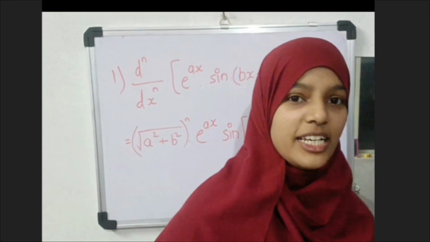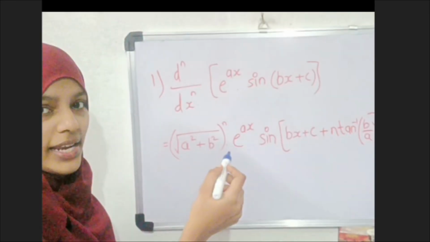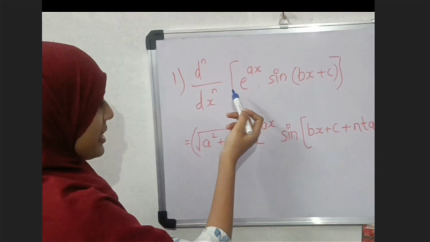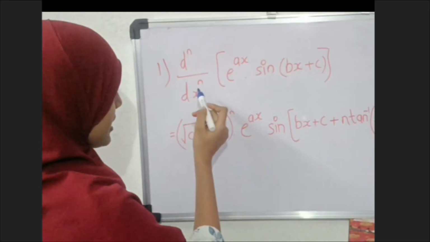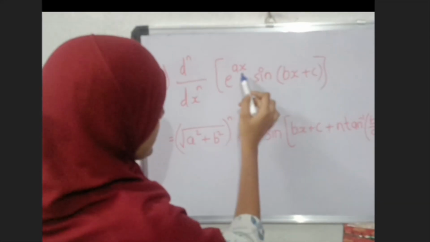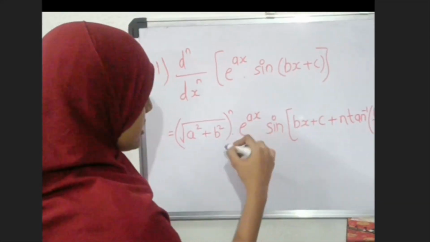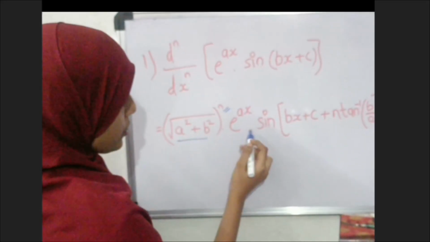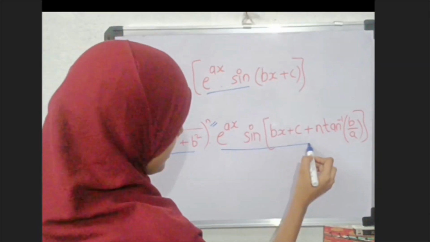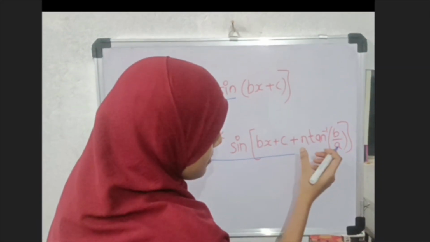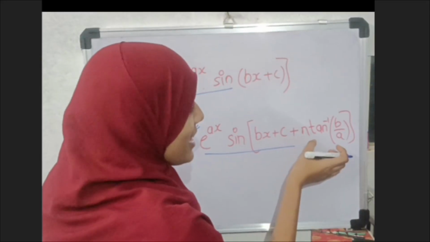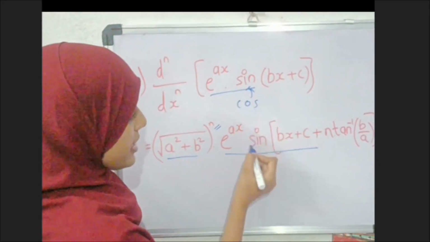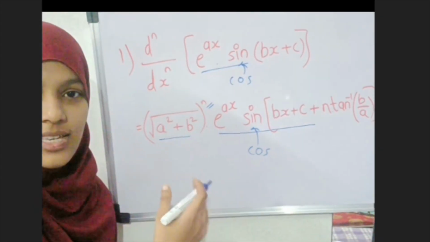So let's move towards our next short trick. Here, if we have to find any power of any degree of derivative, that is d2y by dx square or d3y by dx cube or anything, and n can be anything, so the function is like e raised to ax into sine of (bx plus c). So the answer will be (under root a square plus b square) whole to the power of n into e raised to ax, that is same until here, and we have to just multiply it by n. We have to add n into tan inverse of b upon a. Here, instead of sine, if we have cos, then also we have to just replace sine with cos.